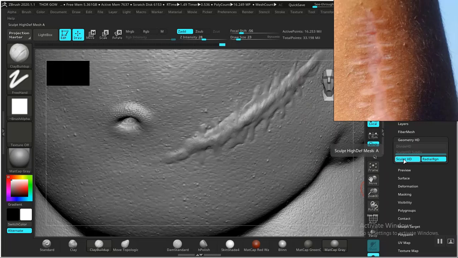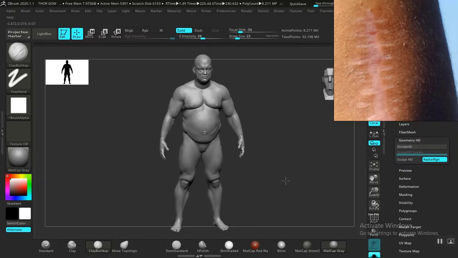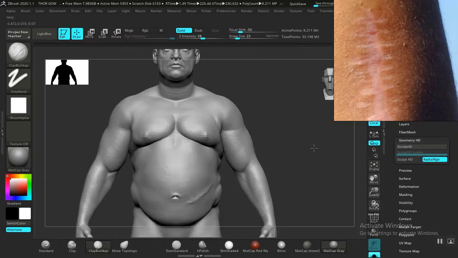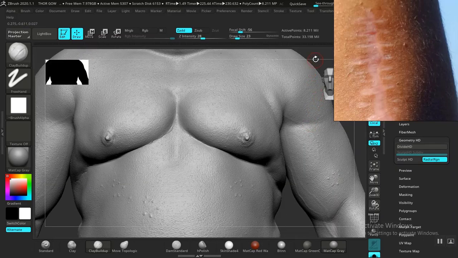And I'm going to be showing you guys the entire process for this. So I think we are done with this now. So out of ADD geometry mode, see what we have. It's kind of cool. If you want to add more scarring on top of this, feel free. You can do that if you want to,